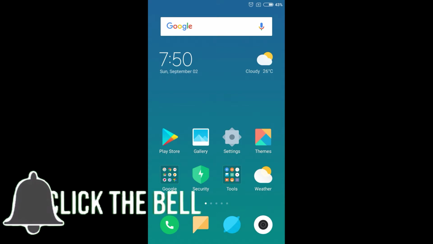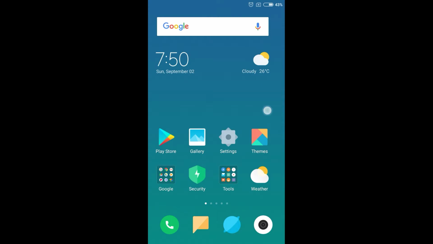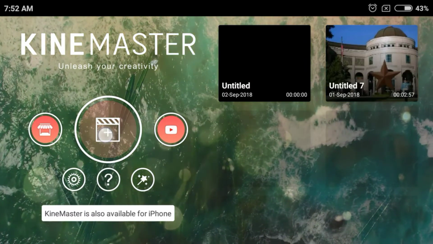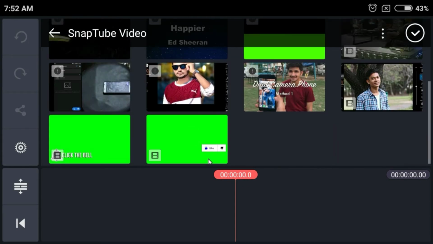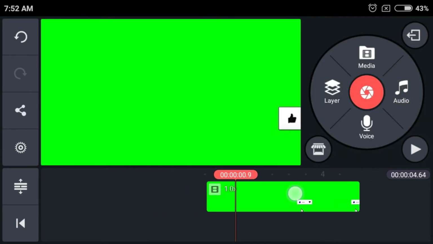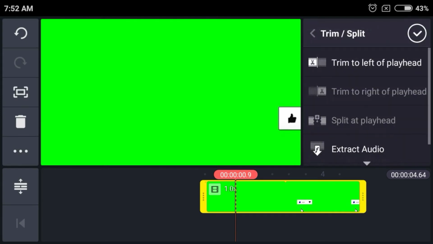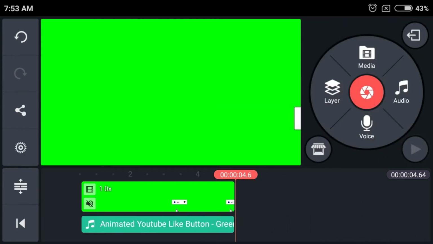So let's start. First of all, open the app KineMaster and then edit the video of your own choice. You can edit your video at your own risk. You can edit many things,